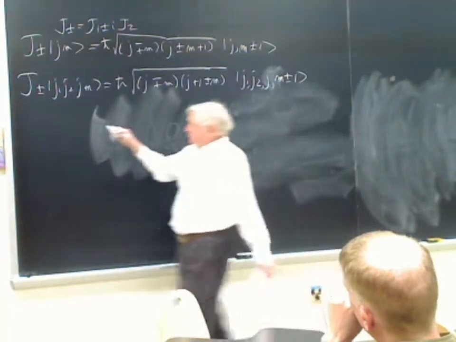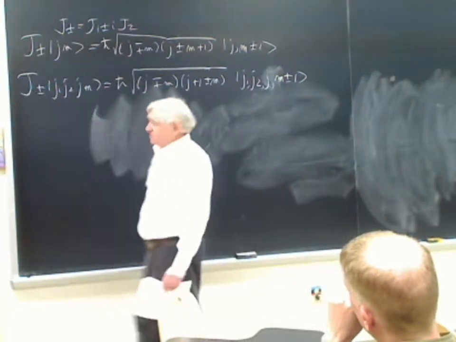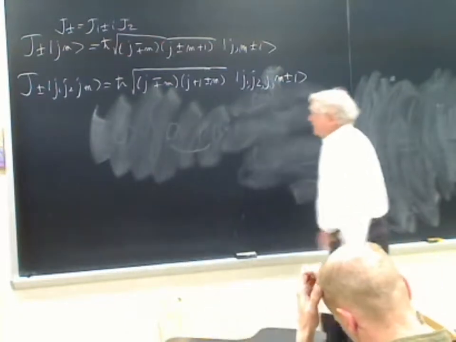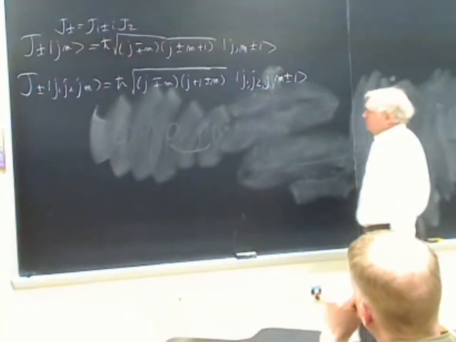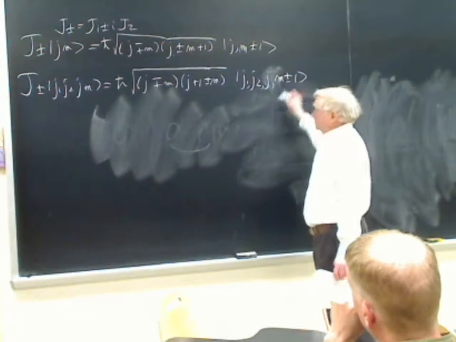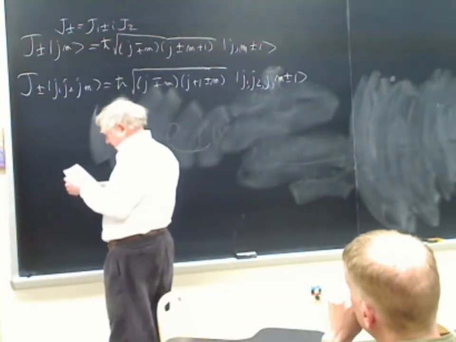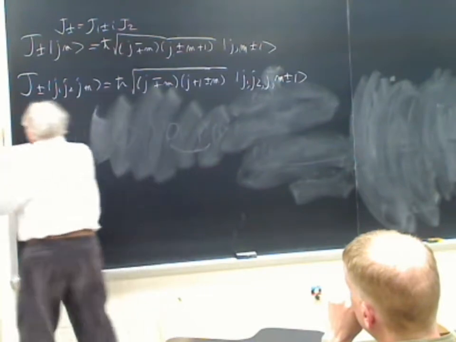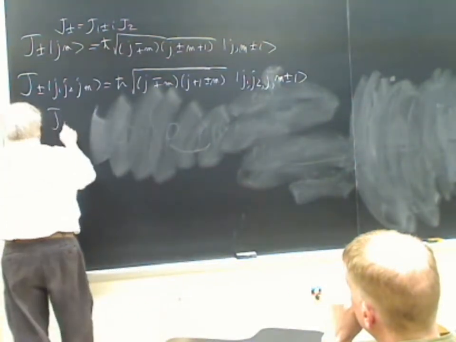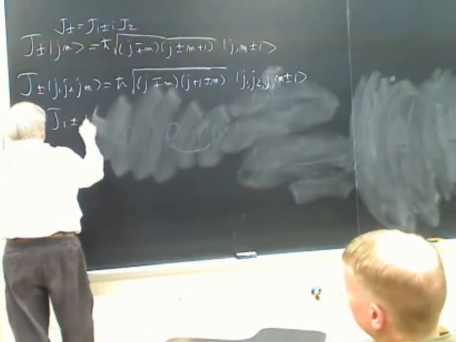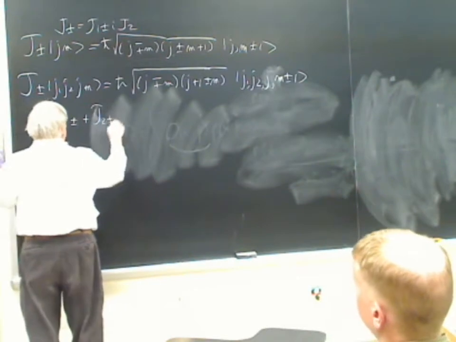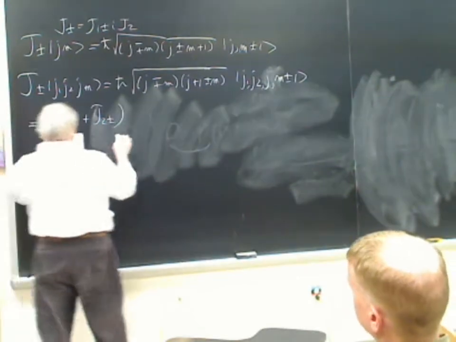Where we're using the full J, which is J1 plus J2, and that J plus or minus raises or lowers, and we get this factor. On the other hand, this thing is equal to J1 plus or minus plus J2 plus or minus acting on